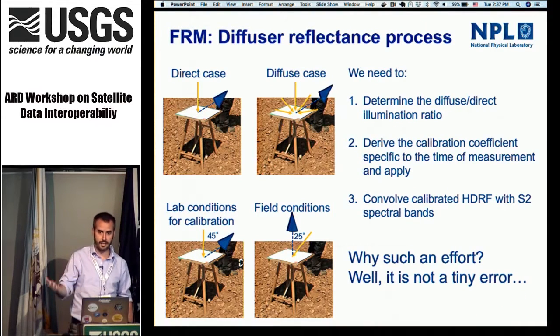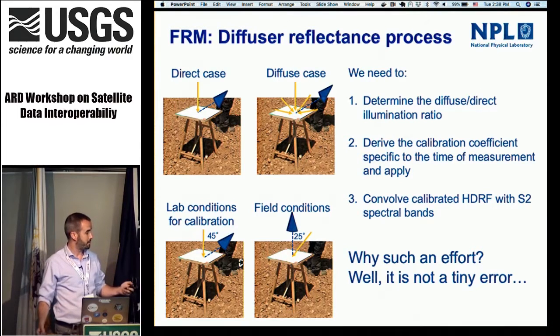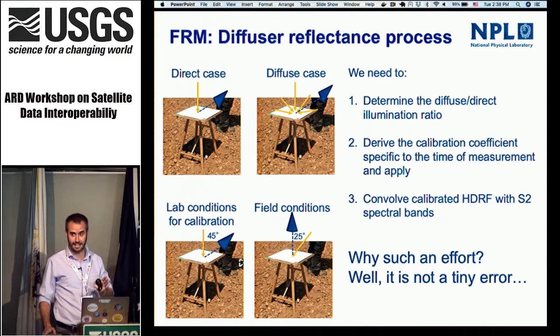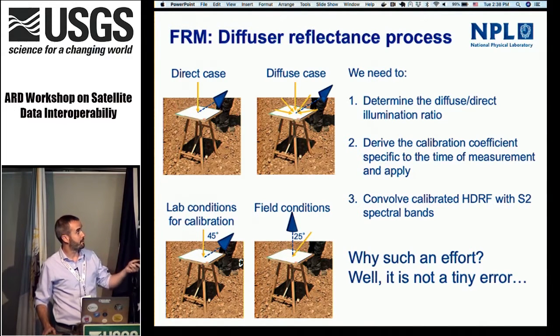I want to showcase what we try to deal with in real precision, which is the diffuser reflectance, because it seems something obvious. You come to the field, you determine the diffuse illumination ratio, you derive the calibration coefficient, and you convolve the calibrated HDRF with the Sentinel-2 spectral bands. It seems a big effort, but actually it is important because it's not a tiny error, as I will show in the next slides. So we consider this is the direct case, and this is the real case you've got